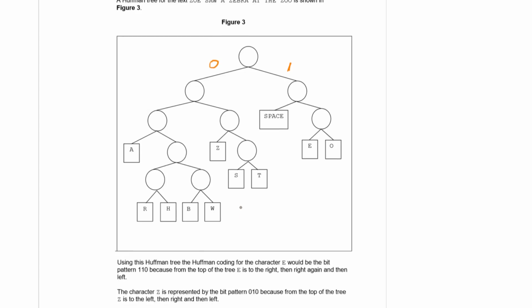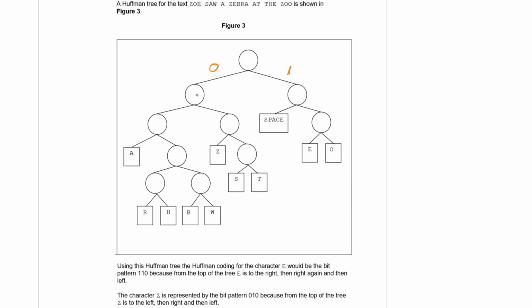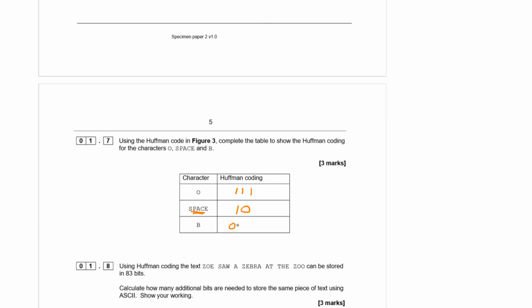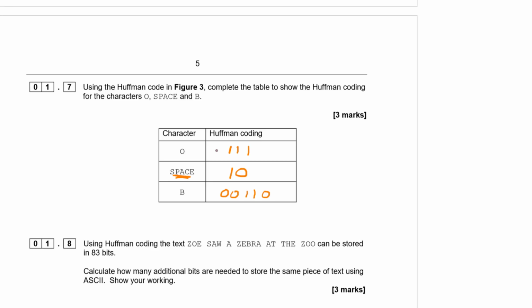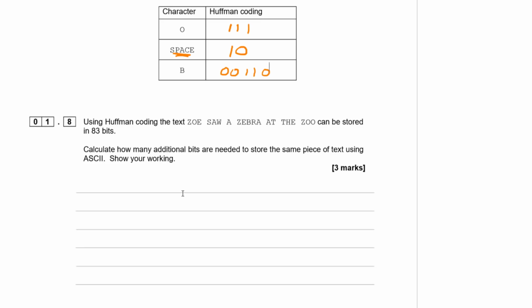And for B, we are all the way down here, so we're going left, left, right, right, left, which is the same as saying 0, 0, 1, 1, 0. And for part 8, we are told that this can be stored in 83 bits using Huffman Coding,